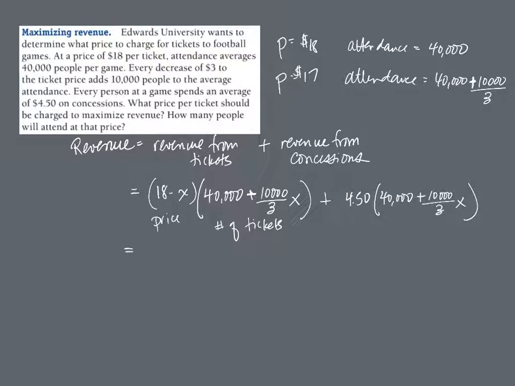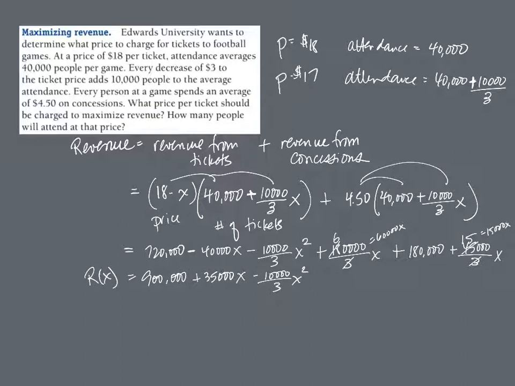So I'm going to do a little bit of algebra here. I'm going to have you pause, do a little distribution, and come back and come up with a revenue function that will be a polynomial. So you're going to distribute the 18, then you're going to distribute the x, etc. Then you're going to distribute the 4.5 and collect your like terms and then come back. All right, so go ahead, pause, and do your algebra, and then come back. We'll compare our answers.